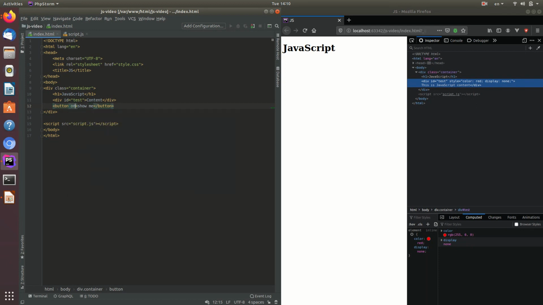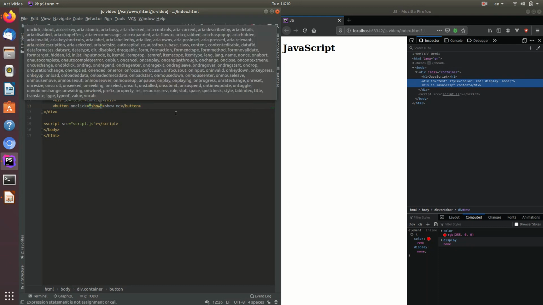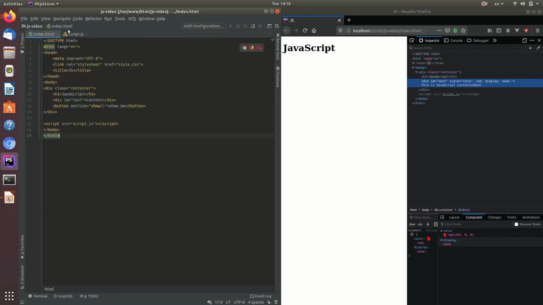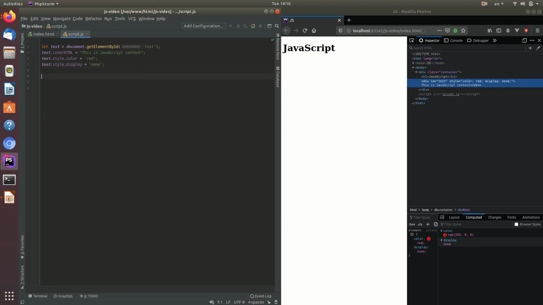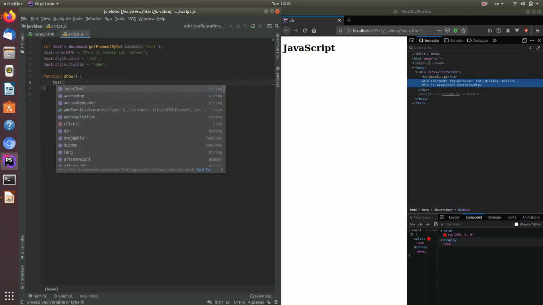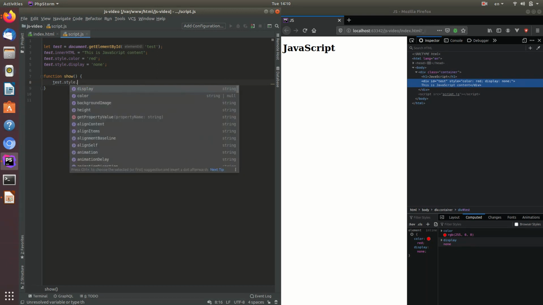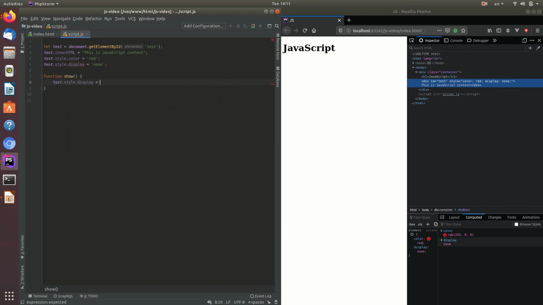I'm gonna start with an onClick and say, show. Actually, just show. No, let's do it clean, okay? Now I'm going to write a function here that's going to call show. And so what that's going to do is it's going to say test style dot display and we're going to say block. Okay,